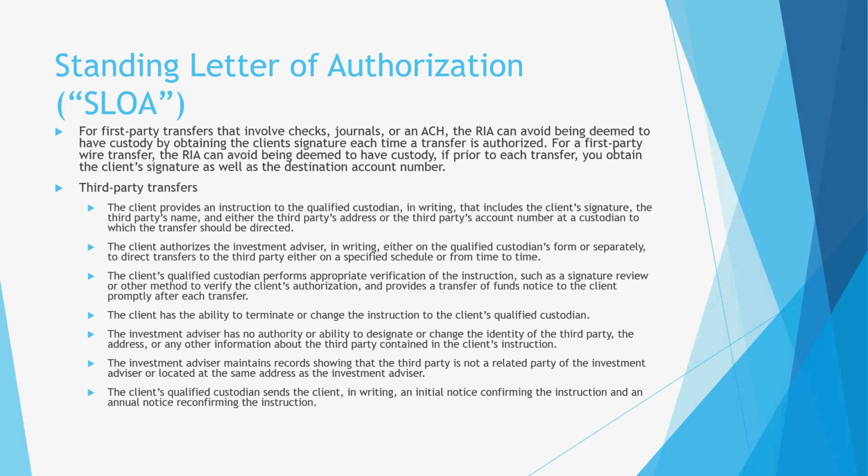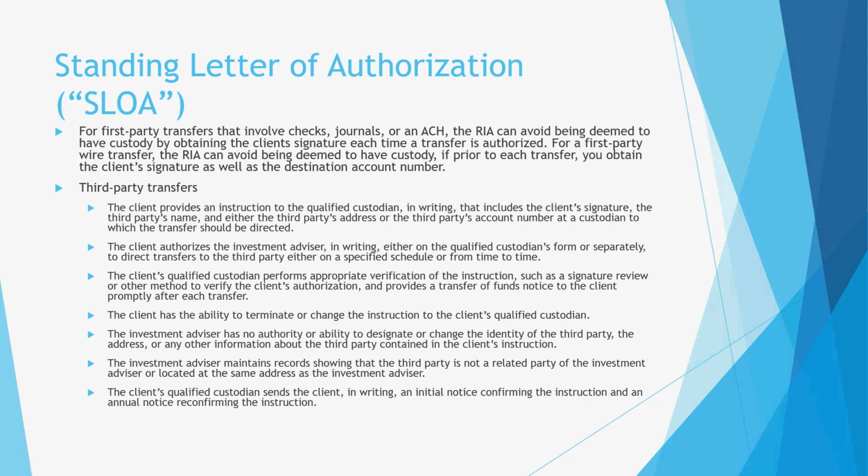So for first-party transfers that involve checks, journals, or an ACH, the RIA can avoid being deemed to have custody by getting the client's signature each time a transfer is authorized. For a wire transfer, the RIA can avoid having custody if prior to each transfer, the RIA gets the client's signature as well as the destination account number. Now, when performing a third-party transfer,